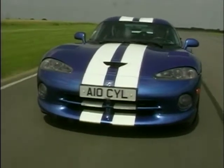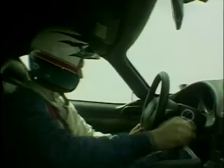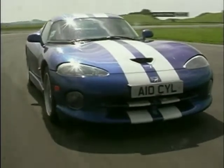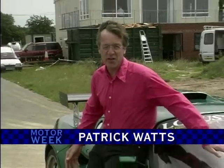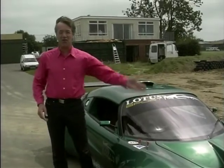How many enthusiasts out there would sell their mothers to drive a prototype race car before the car gets into production? Imagine driving the Viper before the manager's decision to go ahead with the production car. Or a new Lotus perhaps. This is the new Lotus Sport Elise, and tonight you'll see it moving for the first time on your TV,